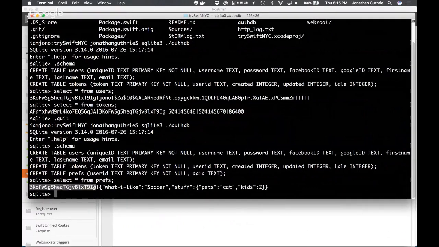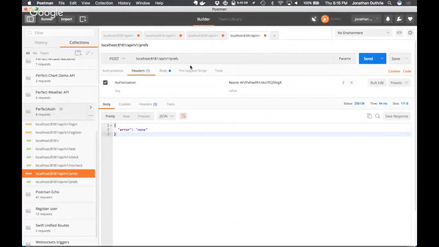We've got our user ID, and then we've got our JSON encoded nested object string. Okay, it makes sense to actually then have a get. So we want to actually return that now.